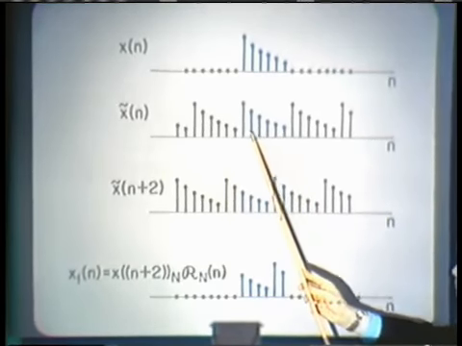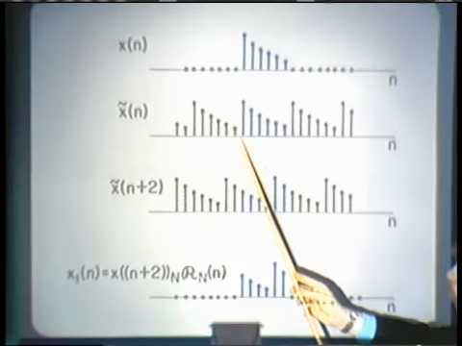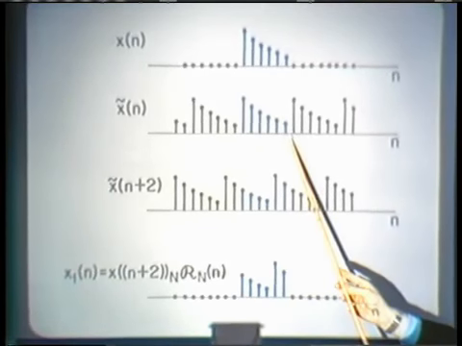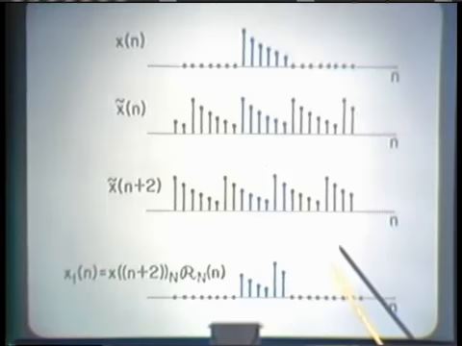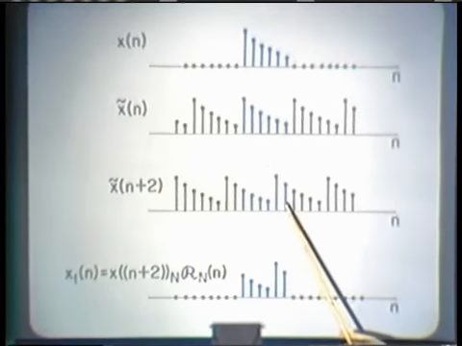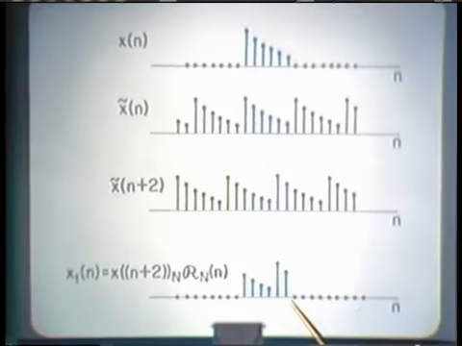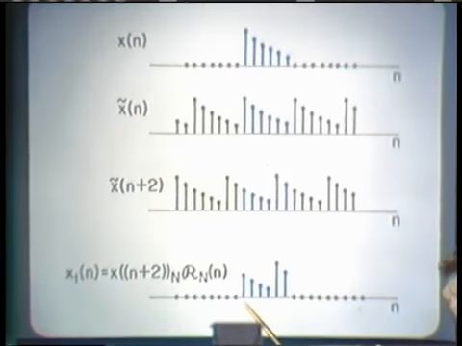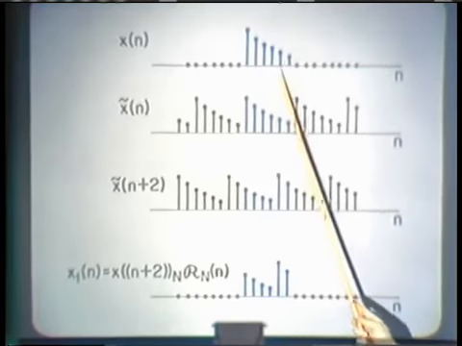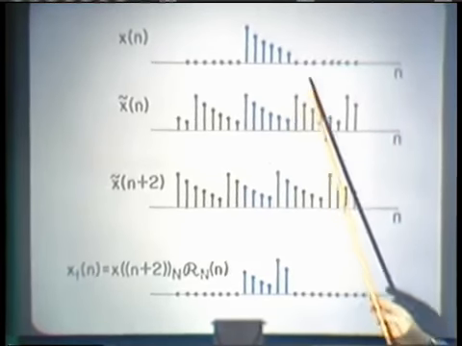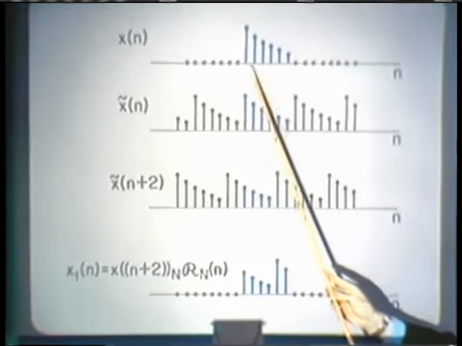As this shifts to the left, taking points as they drop out of this period and recirculating them around to the beginning of the period, or to this side of the period. Well, you can see that that's in essence what we got here. This corresponds not to a linear shift of x of n,